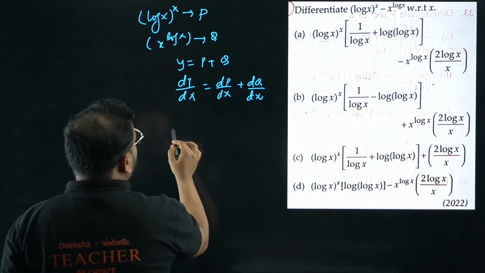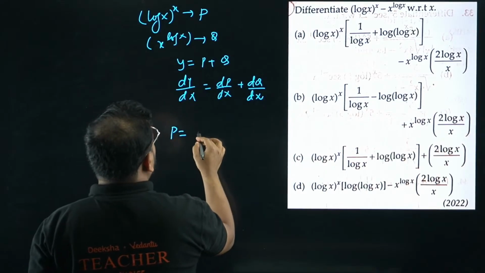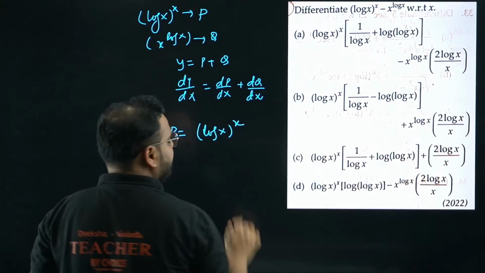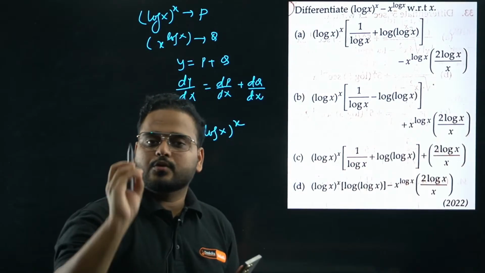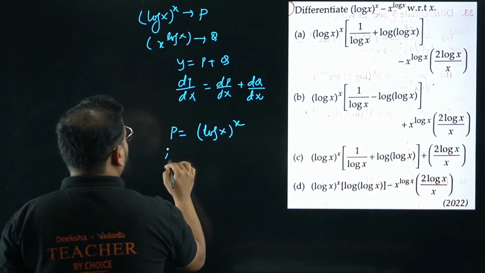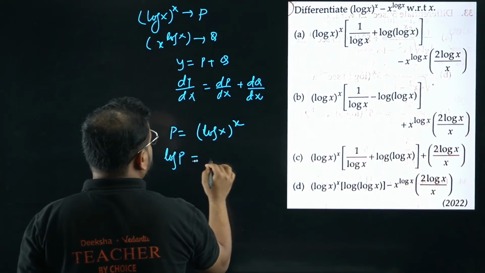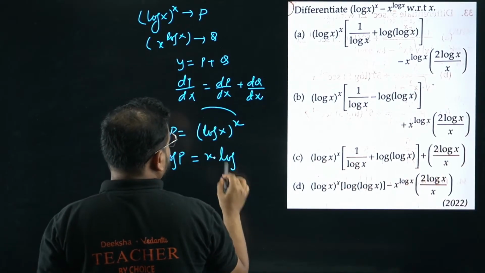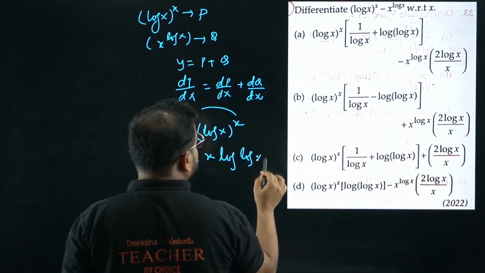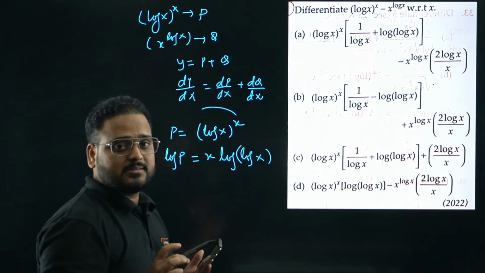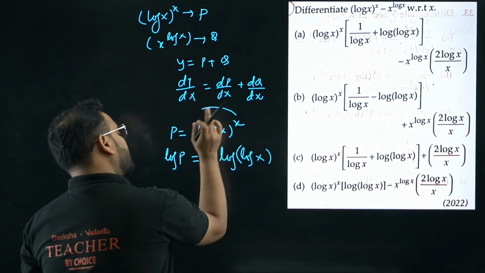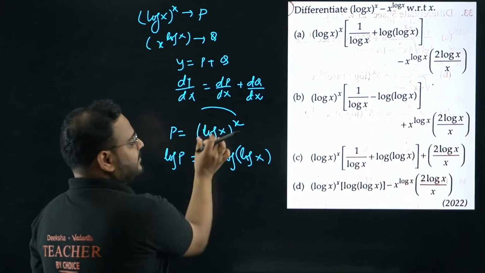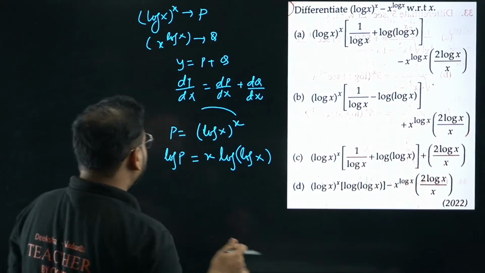So we know that we have this condition p equals what? Log of x power x, right? Whenever we see a power, you're going to use what? Logarithm on both sides. We get log of p equals log of, this will come in front if you take log, it will become x log of log x. This power will become the coefficient, and the log will operate on the current value, which is log itself. Not a problem.